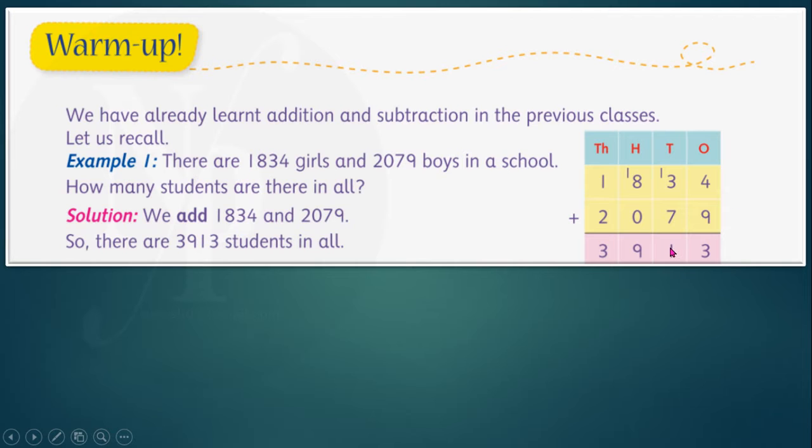We will write 1 here, and 1 is carried forward to the hundreds place. And 8 plus 1 is 9, and we have 0 here, and 9 plus 0 is 9, so we get 9 hundreds. And in thousands place we need to add 2 and 1, and 2 plus 1 is 3 thousands. So therefore there are